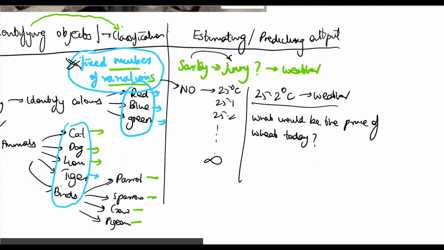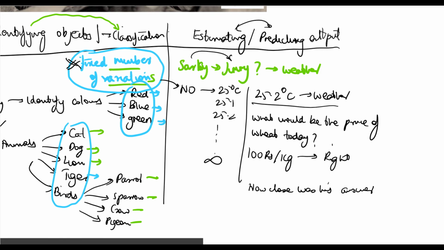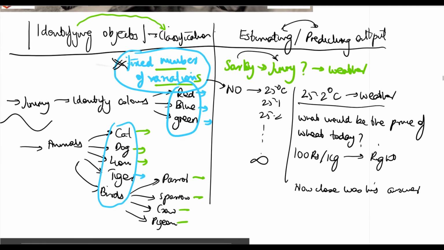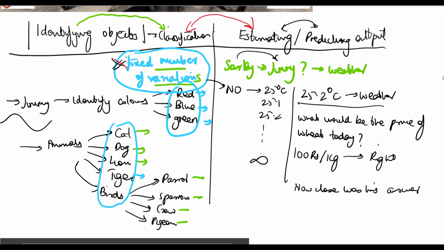So Jimmy might estimate or predict that the price of wheat will be 100 rupees per kilo, and then Sarah can check the market value whether he is right or wrong. And the question is, how close was his answer to the actual value in the market? So the fundamental difference between identification and estimation, or in this case I will use the terms classification and estimation,